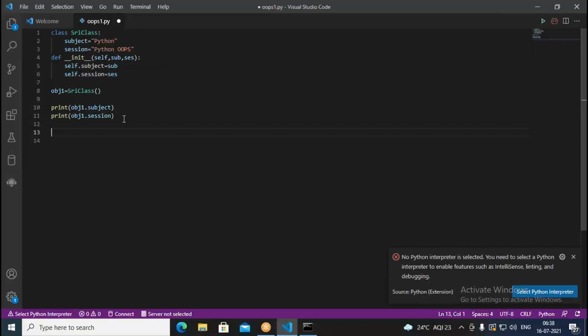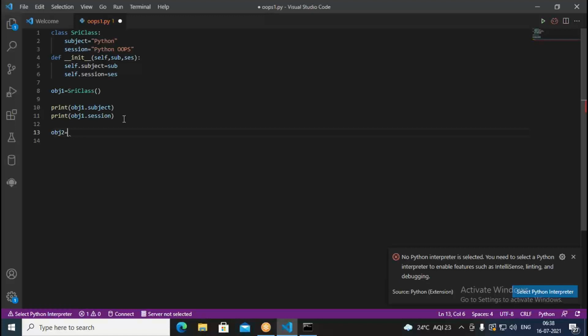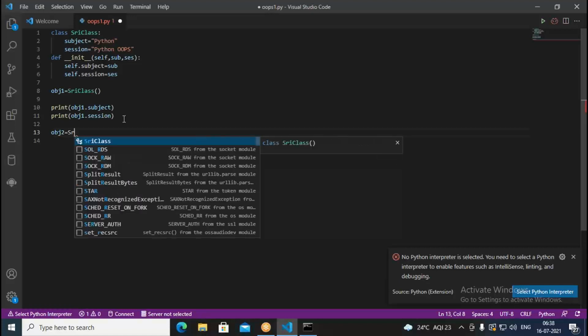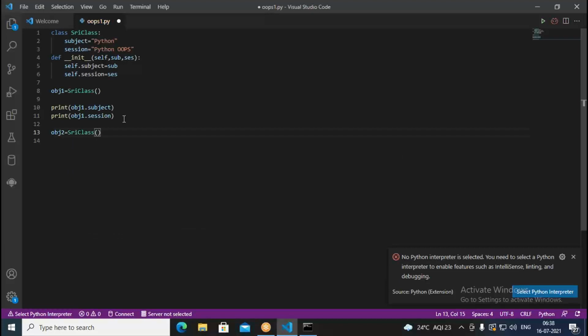Okay, so in the first case I have used the default constructor, but now I can use the other constructor. Then I write here object 2 equal to, I go with the Sri class, then followed by here I pass the parameters. I put C#, then I put here C# session. Like this, I want to take here object 2.